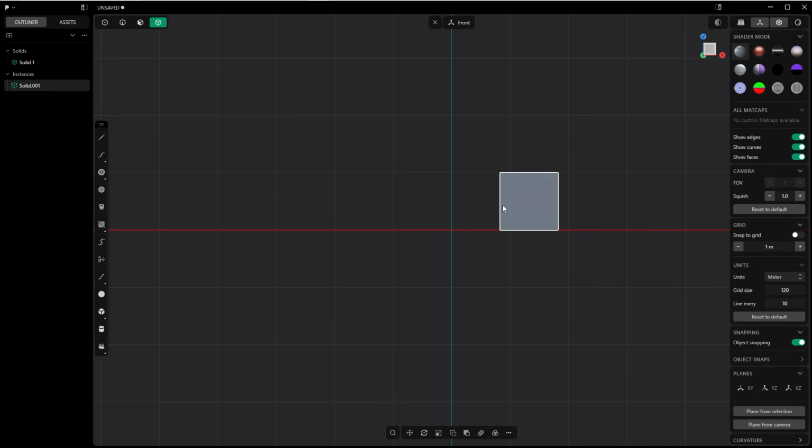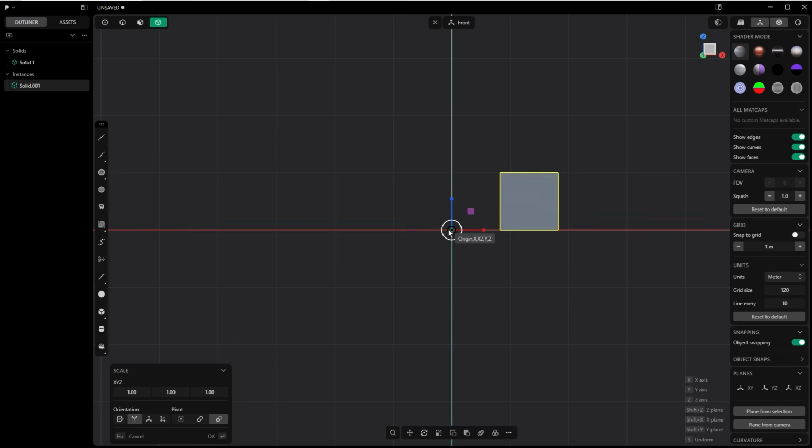And I do this by scaling into the negative. Let's press S for scale. Before scaling into the negative, we have to bring the cursor, the gizmo, to the center. So I press V for changing the pivot. And if I now scale along the x-axis to bring the instance to the other side, the one I'm moving